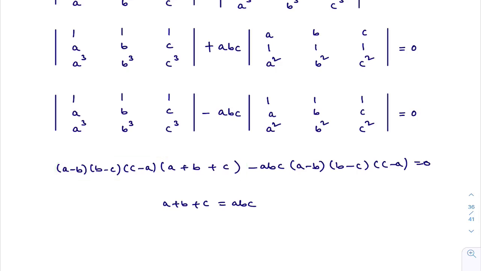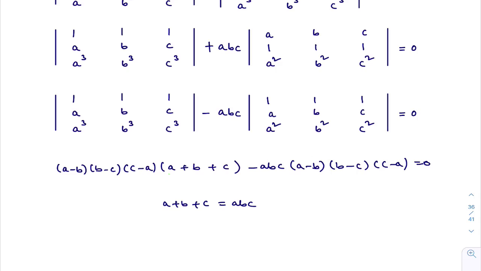Okay, abc into, see this one here a b c, here a square b square c square. You observe here a cube b cube c cube, both are not the same, they are different. So when I simplify this, I will get a minus b, b minus c, c minus a. As they have given equal to 0, I have written here. Now you see, a minus b will get cancelled, b minus c will get cancelled, c minus a will get cancelled.